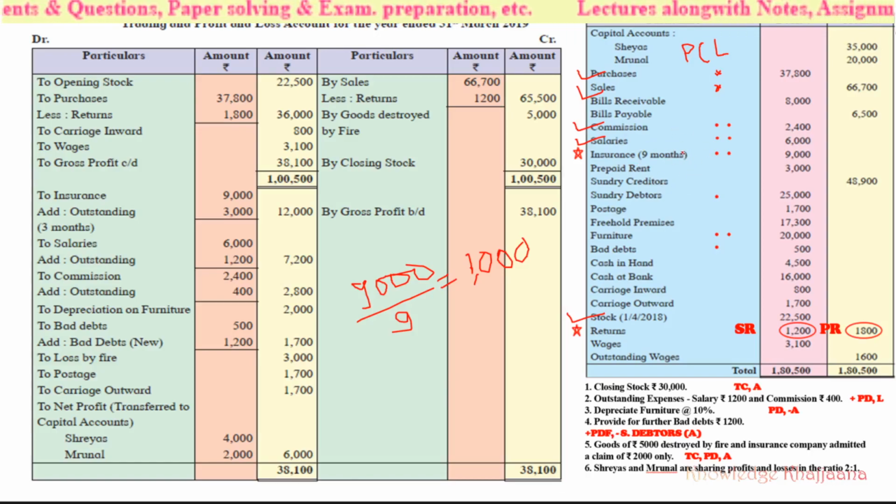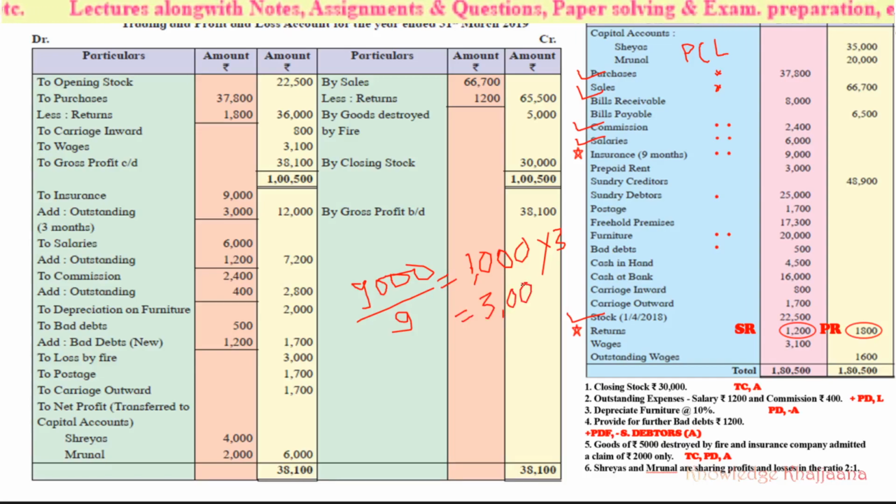It is a liability. So we have to record 3 months insurance also. We have to add that 3 months insurance to the insurance. So let's go to insurance. Rupees 9,000 plus outstanding of 3 months rupees 3,000, because 1,000 is for 1 month, so for 3 months it is 1,000 into 3 is equal to 3,000. So 3 months is the outstanding insurance which we have to pay, which was due for this year, but we haven't paid. The second effect of this 3,000 will go to liability.